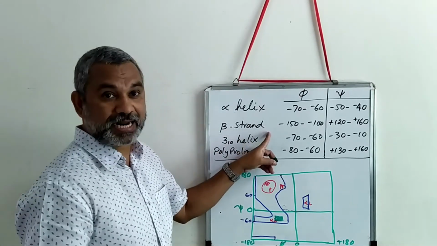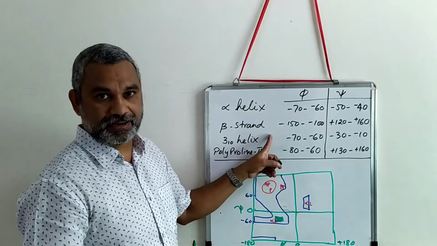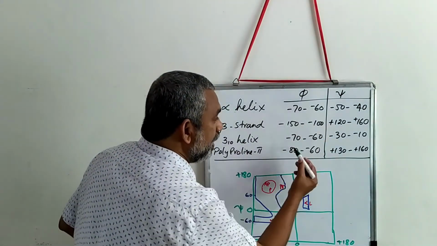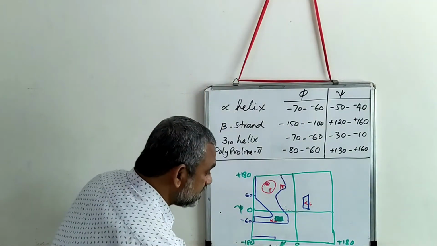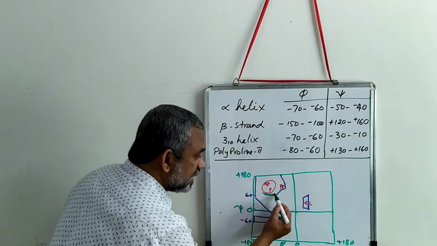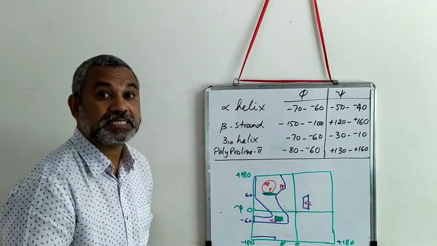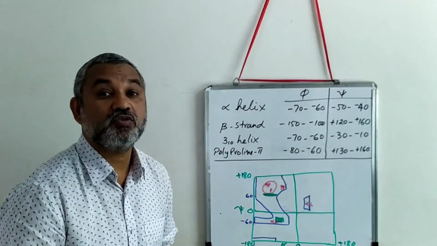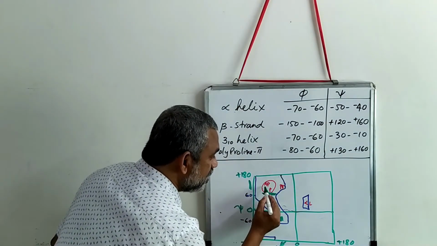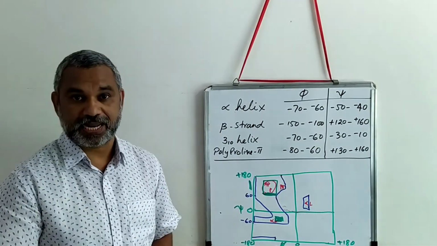Let us look at the beta strand. We have not made a distinction between the parallel and the anti-parallel. If you look at the beta strand, generally they are formed from the phi angle of -100 to -150. So -100 to -150 is around this region, this much is covered, and the psi angle is +122 to +160. This is the region, so we have this region that is devoted to the beta strand.